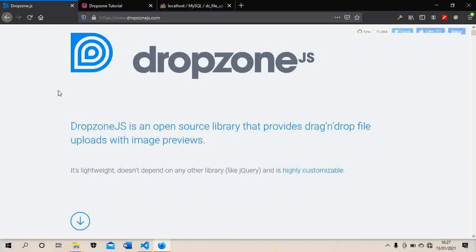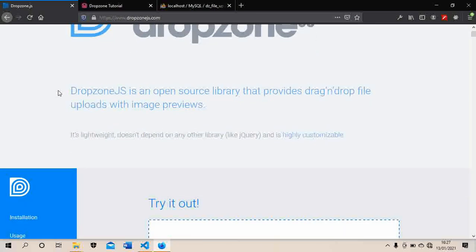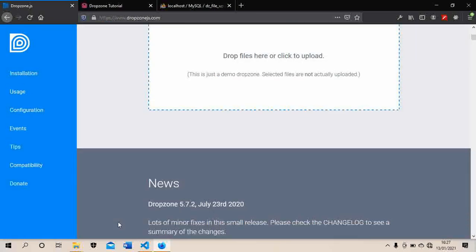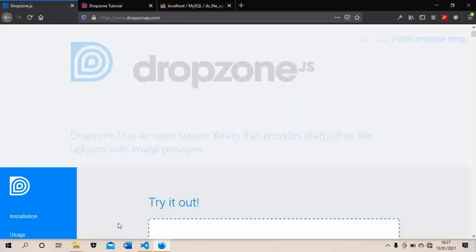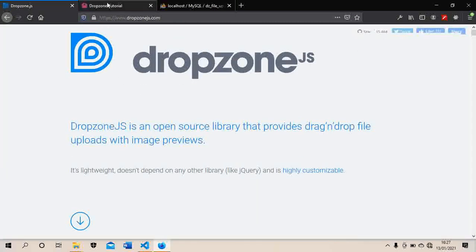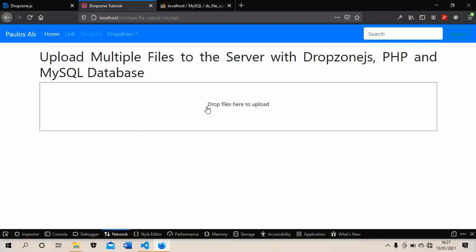Upload multiple files to the server and save them into the database with DropZonejs. And this is the website. You can come here and check out the documentation, and in this tutorial I'll be showing you how to upload multiple files to the database with DropZone. And as you can see, this is the DropZone